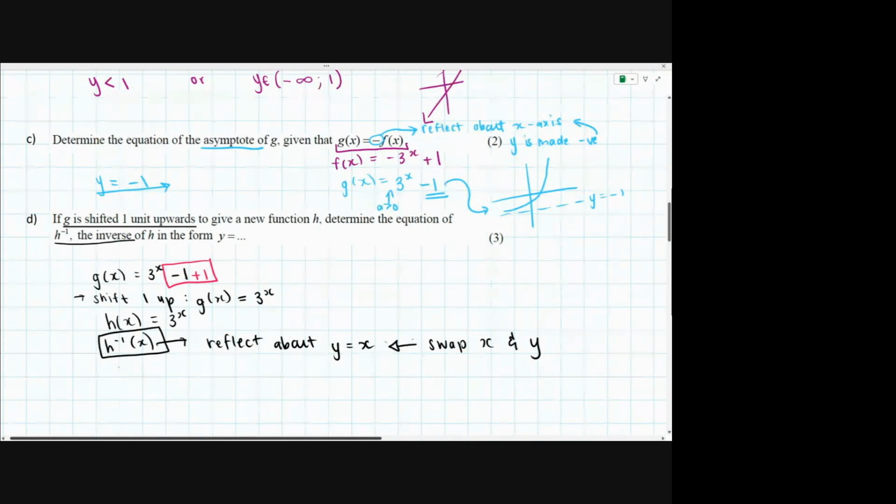So our equation currently is y is equal to 3 to the power x. We now need to swap the x and the y to get x equals 3 to the power y. And this is now where our logarithms come in. The log graph is the inverse of an exponential. And so if we have y is equal to 3 to the power x, the log form of that would be,